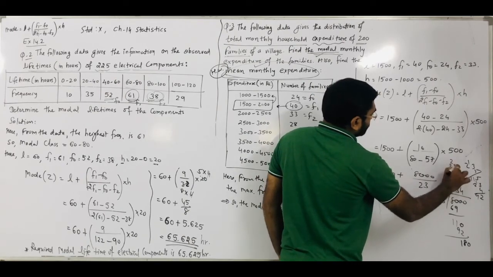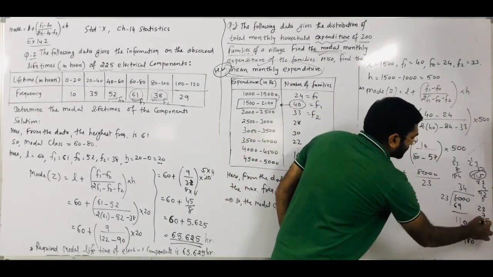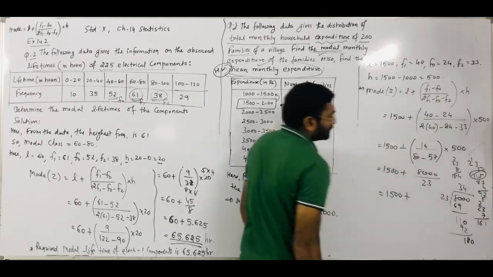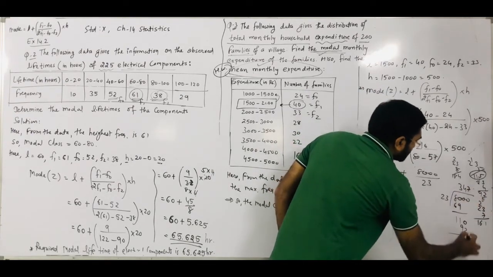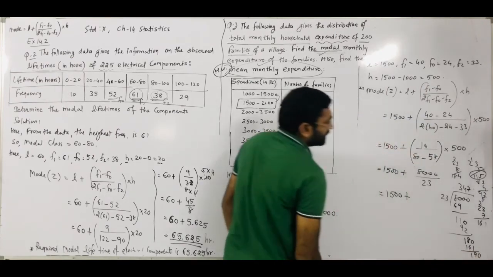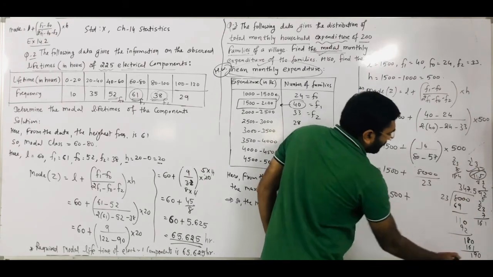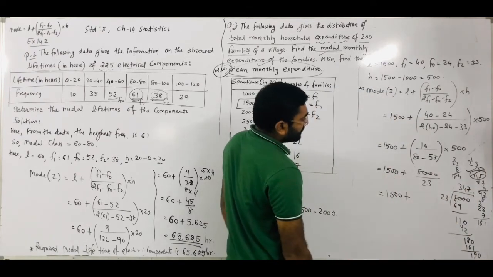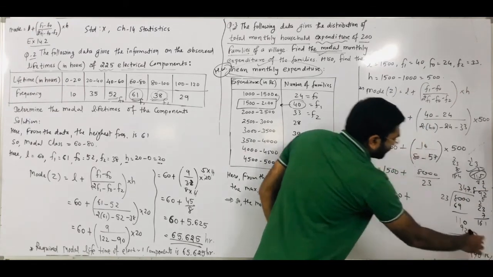23 8s are 184. So 23 7s are, 7 3s are 21, so 2 is carry, 7 2s are 14 plus 2, so 16. So we get 161. So here 23 7s are 161. So we get 19 as remainder, right? So here is 190. So again we get 5s, right? 23 5s are 115. So here for the 190, 23 8s is there, right? 184. So here we have to put the 184, and it is continuous.